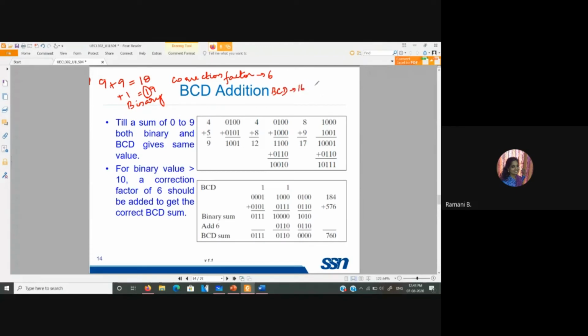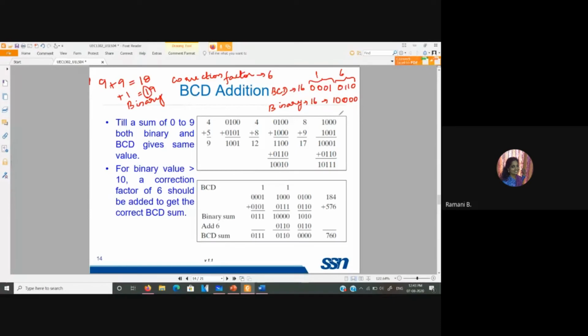16 is represented as 0001 0110, because it is binary coded decimal. So the equivalent of 1 and the equivalent of 6. Whereas in case of binary, 16 is nothing but 1 followed by 4 zeros.